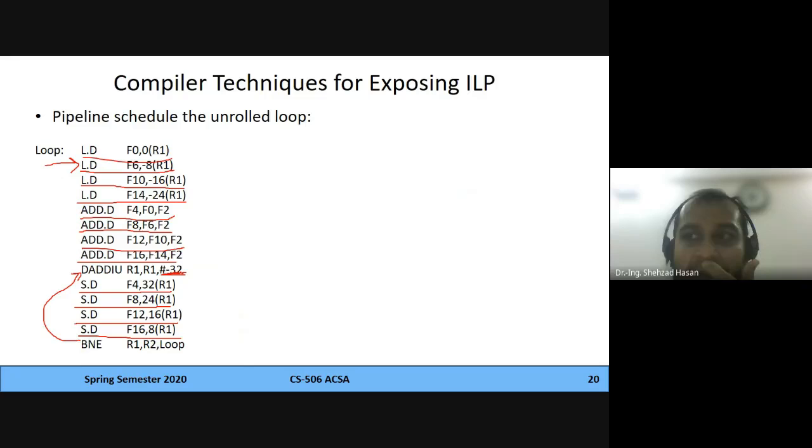And since we have subtracted 32, what we are doing is adding 32 to make it 0, adding 24 to make it -8, adding 16 to make it -16, and adding 8 to make it -24. Right? So this is how it's done, and now it's pointing to the same locations: -8, -16, -24. If you do it this way, you're going to see there are no stall cycles,